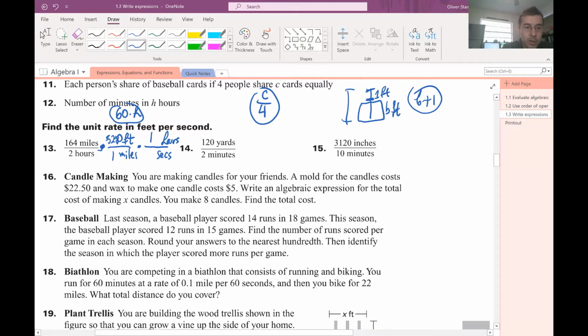So 1 hour has how many seconds? 1 hour has 60 minutes, and then 1 minute has 60 seconds. So 60 times 60 is 3,600. Now hours and hours cancel out, miles and miles cancel out, and then we end up with the unit rate feet over seconds. So we do end up with feet over seconds, and we just have to calculate these,